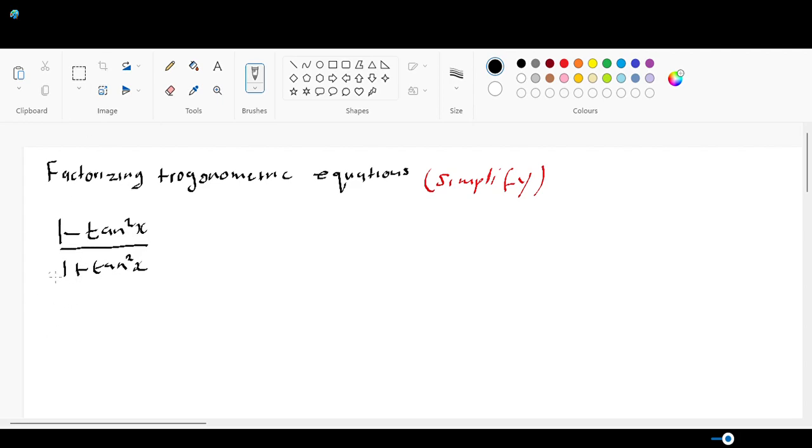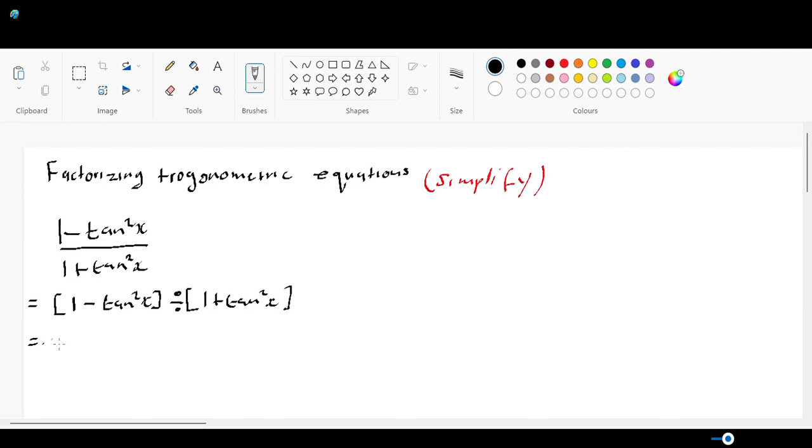I prefer to rewrite it like this: 1 minus tan squared x, and then instead of this line here, I would say divide. Alright, and then 1 plus tan squared x. Alright, so from here now,